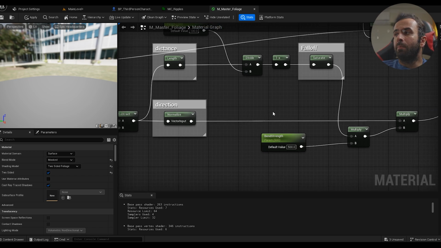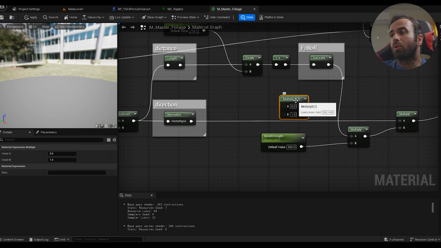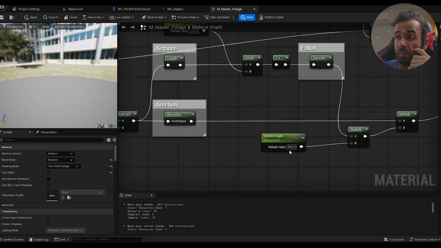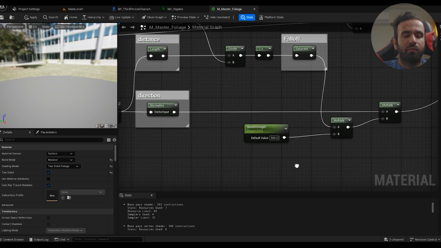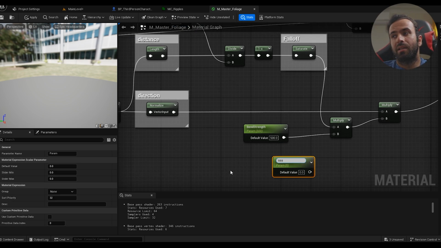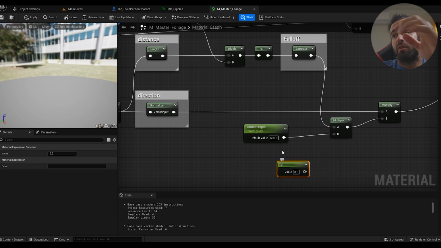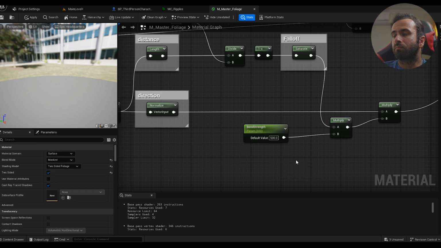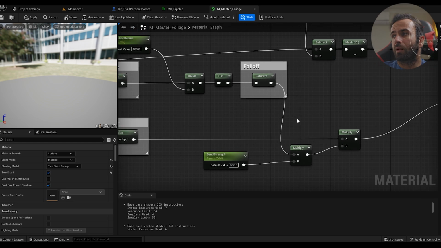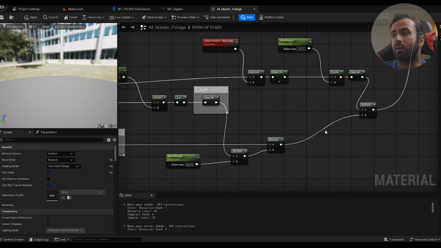And then hold M on your keyboard, and you'll have a multiply. So multiply fall off by band strength, or band strength, I mean scalar parameter. Hold S on your keyboard, left click, and then type band strength or something, whatever you need, or just type in a value. 500 works best for me. This one goes into this, and then this one gets multiplied by the direction. And then another multiply we have here,